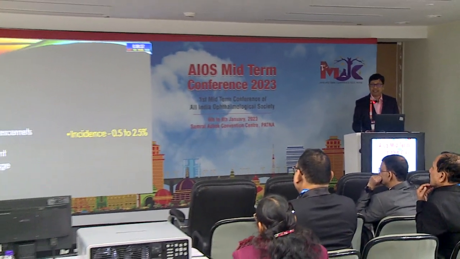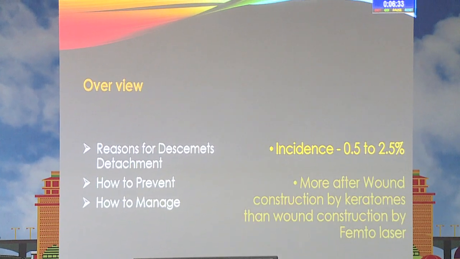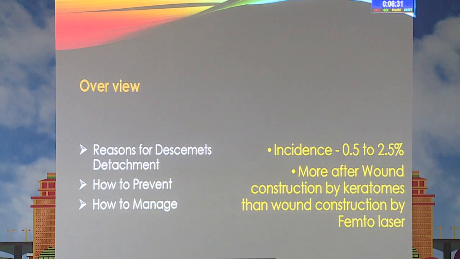I'll be talking on DM detachment in cataract surgery, which is not very uncommon. The reasons why you should be knowing about DM detachment is important. Then only we can prevent and manage it. The incidence of DM detachment is about 0.5 to 2.5%, and it is more common after wound construction by keratomes